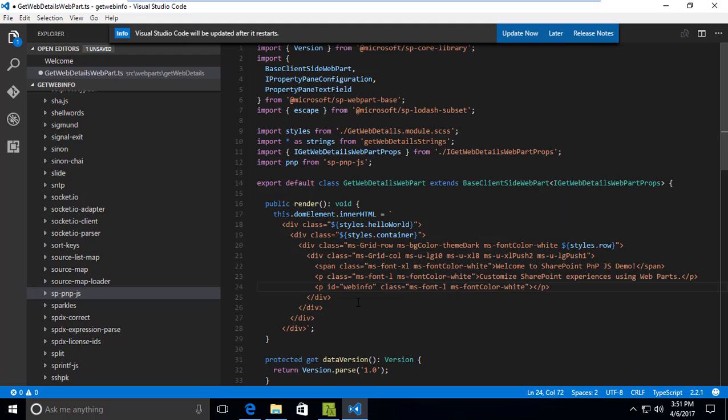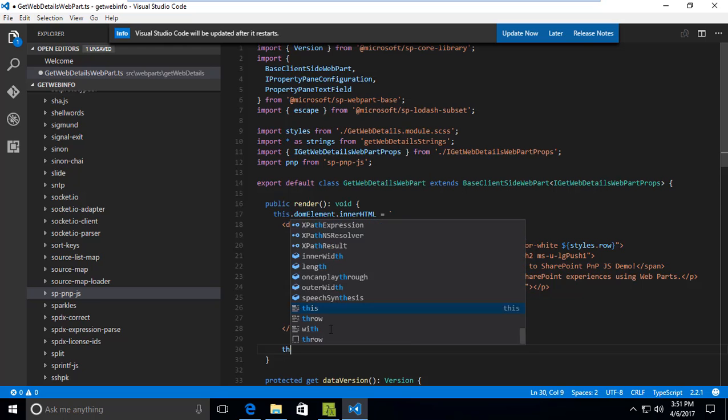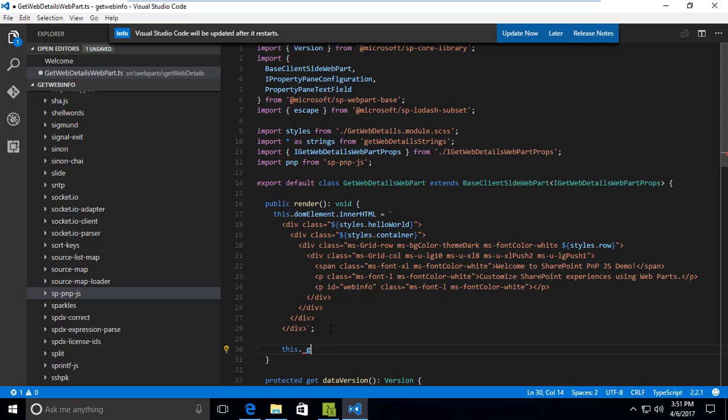Okay, and we are going to create one private function. From that function, we are going to call this PnP JS library to get the web information. So this get web details. Okay, and then I'm going to add